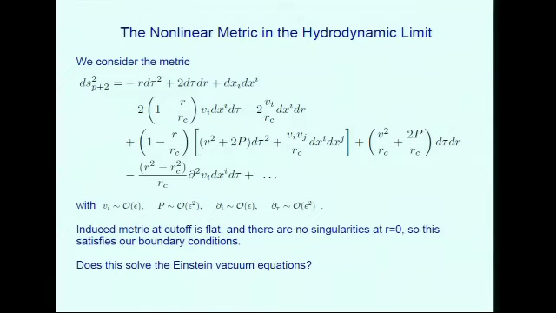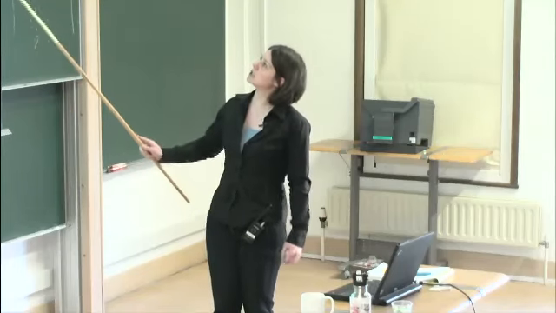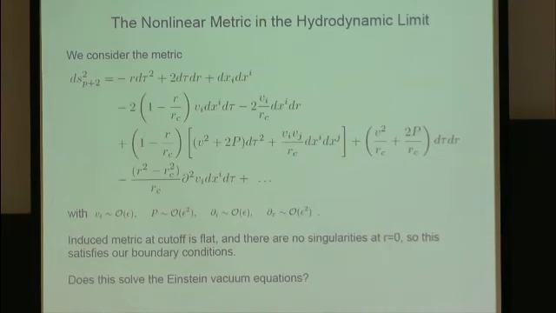A constant fluid should be, imagine that you just set one coordinate to be moving, looking like it's moving with respect to the other, you get some constant v. From that, you can find what the terms are that look like this here, and actually you can find this term as well. And then when you allow that v to have some small variation in space and time, then you can calculate what you need to add, and that's how you can find terms of this nature. Finding the pressure terms is a little bit more complicated. It basically involves allowing the size of the horizon to fluctuate, but you can do them by a similar procedure.